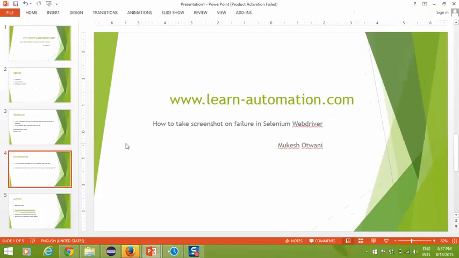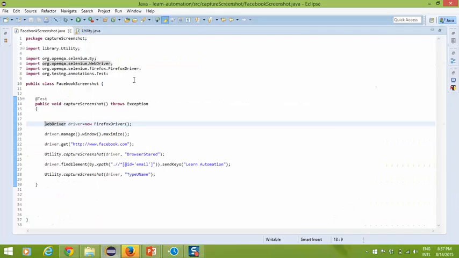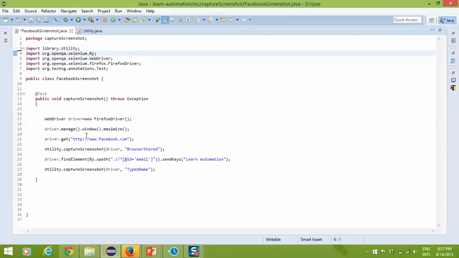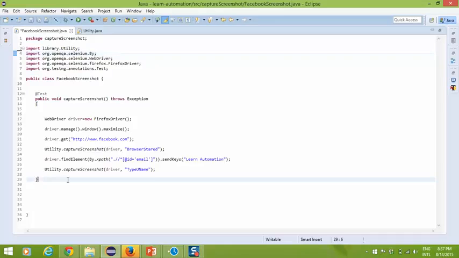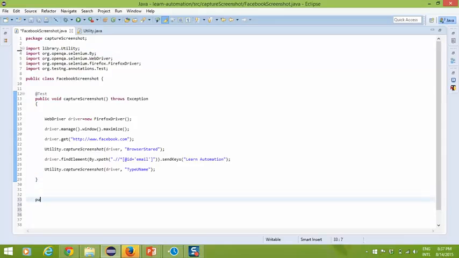So let's quickly go through the code. If you have referred to my previous video, and you can get the link in this video itself, I have written this code, and we created this utility class which was capturing the screenshot. What I will do is write one separate method called public void tearDown. You can create any method name; just for a meaningful name, I'm writing tearDown.